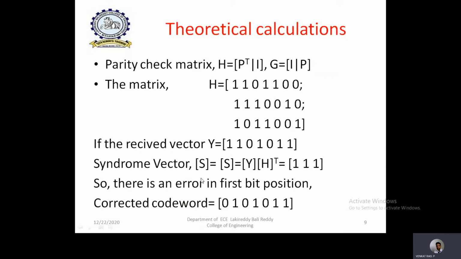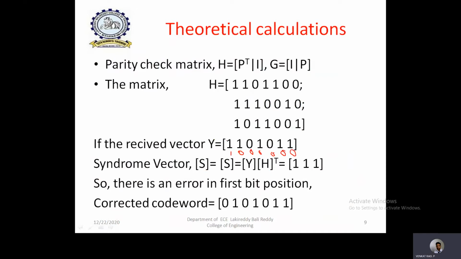So in order to correct this error, simply by using that XOR operation, you can replace 1 with 0. This data is simply XORed with the error vector. The error vector E is all zeros except there is a 1 at the corresponding error bit position.